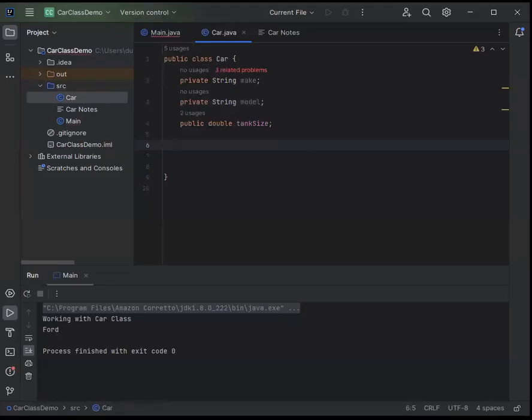Accessor is what I use when I want to read a value from the self-contained or protected class variables, whereas mutator or setter is when I want to update one of those values. So these can be very simple. Let's make a little comment here. Okay, so to read the values, what we would have to do is